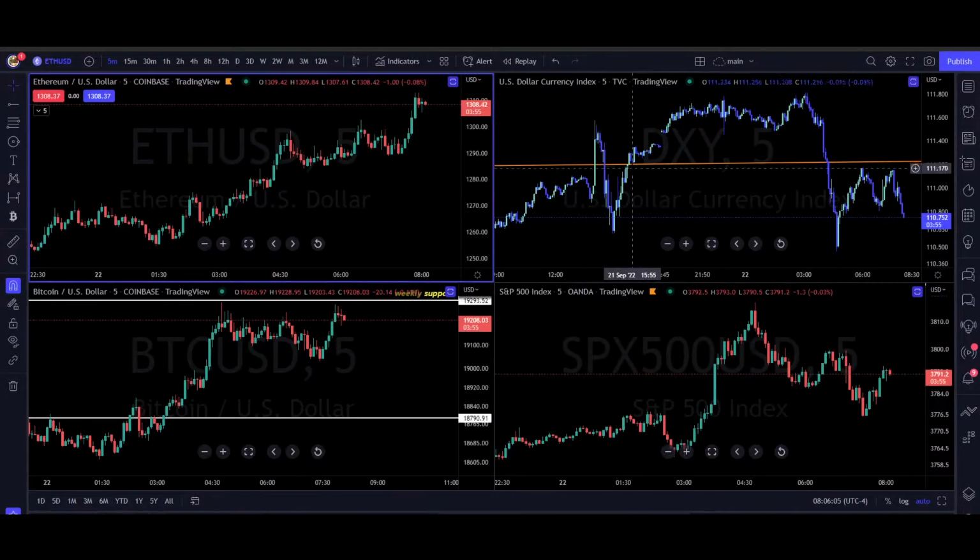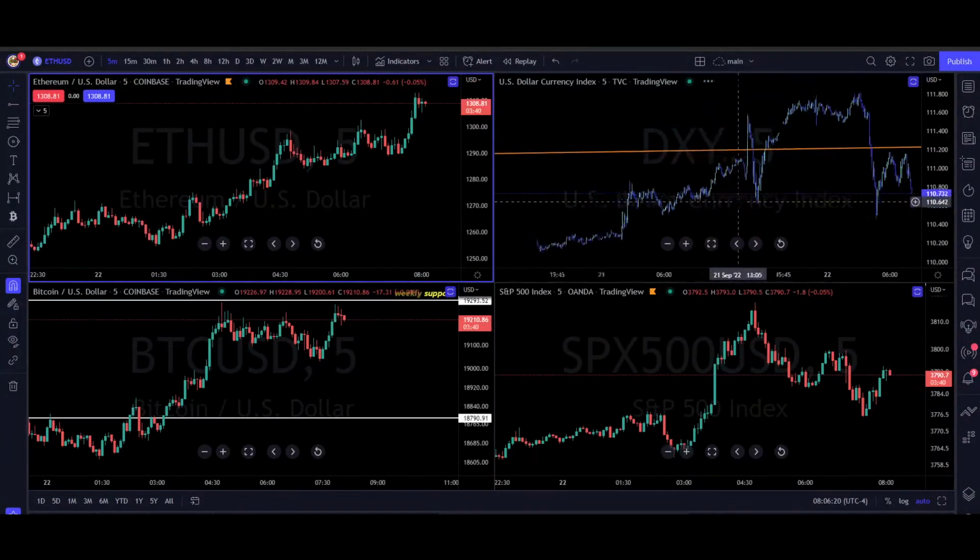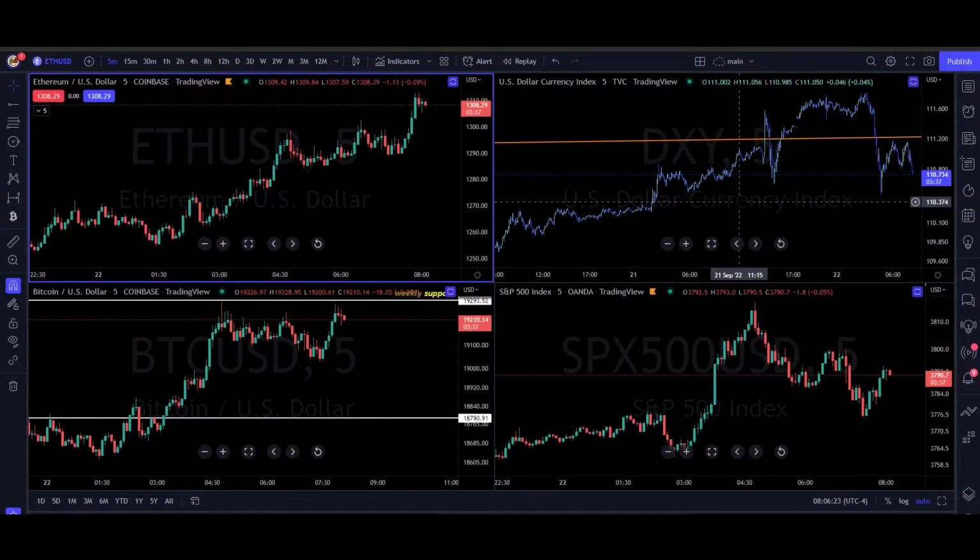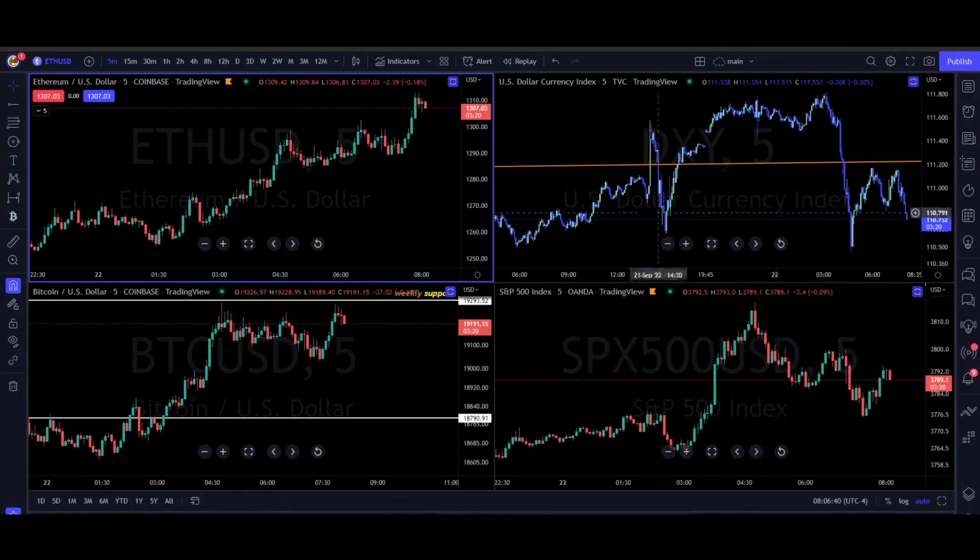And here we are on the dollar. This is yesterday's FOMC meeting. You can see how price basically retraced, made a fresh daily high yesterday. And then today you have completely given back all of those gains that you got from the FOMC meeting. This comes in line with what we were looking at for the dollar to play out. If you remember yesterday when we were doing the live stream during the news, we were discussing the fact that maybe whatever the move is on the actual day, you don't see the real move until the next day. It appears as of right now, they're looking to hit the dollar hard.